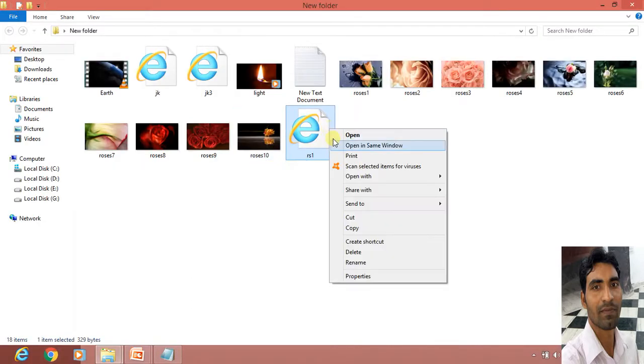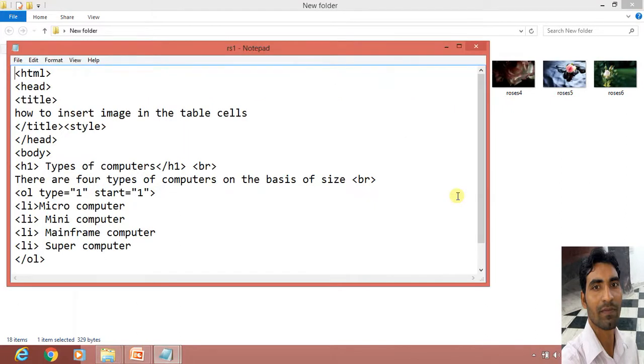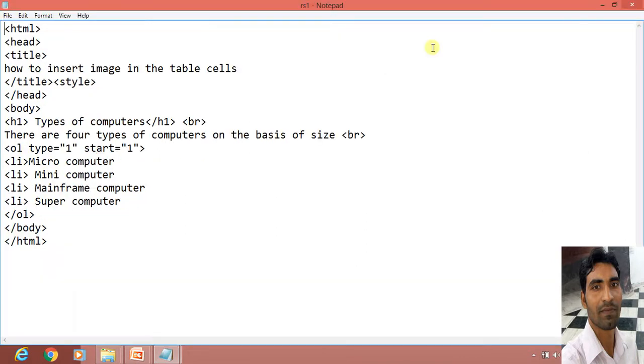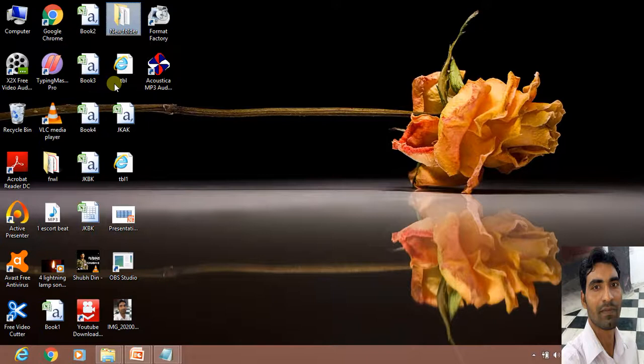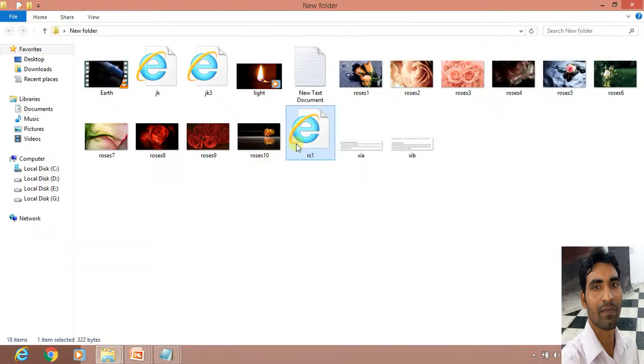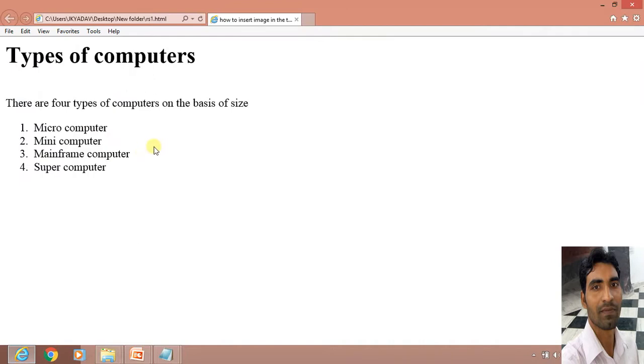Maybe sometimes a problem comes, that's why it doesn't show. Problem is not there, I think. We remove the style, then we see what the problem is. Yeah, here is the file, you can see.